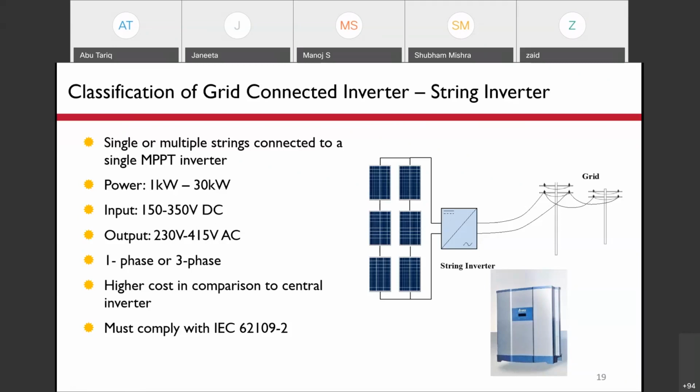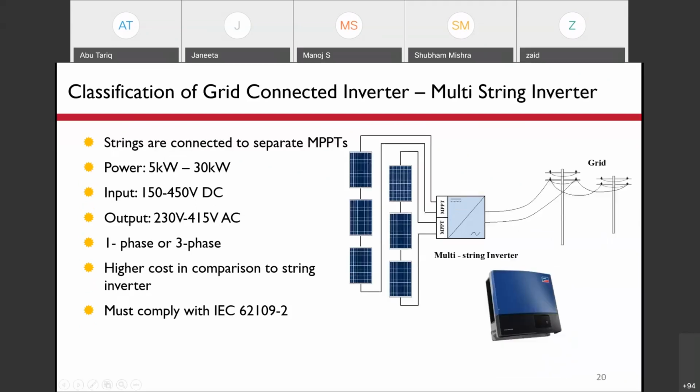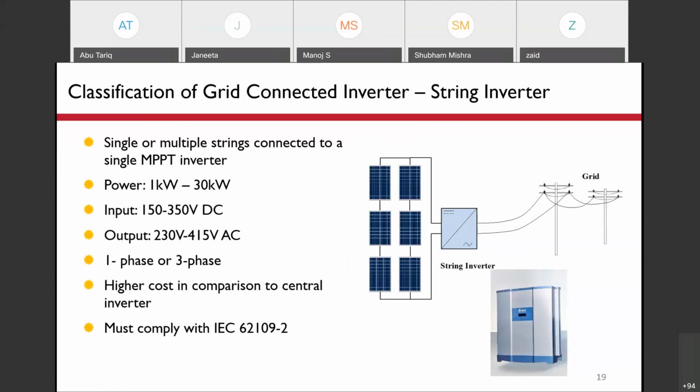So of course all the different modules may not be operating at their maximum power point. So this is what is known as a string inverter.